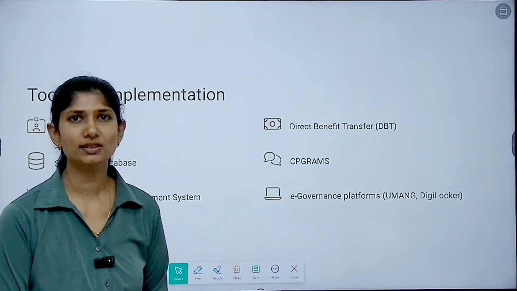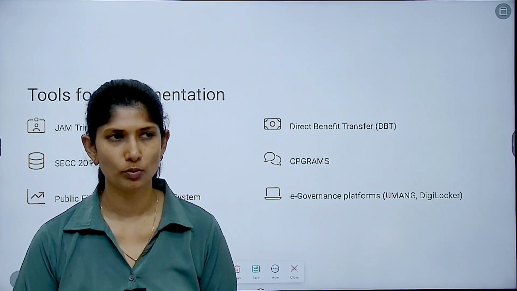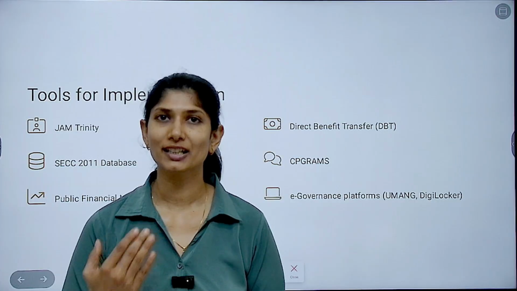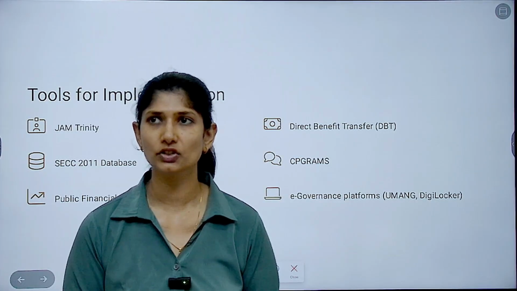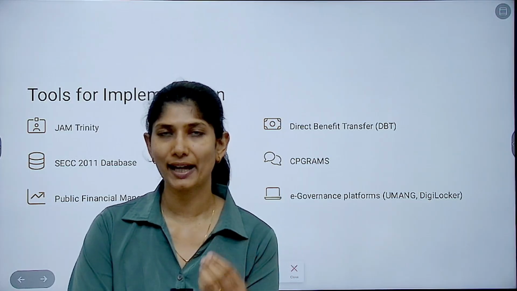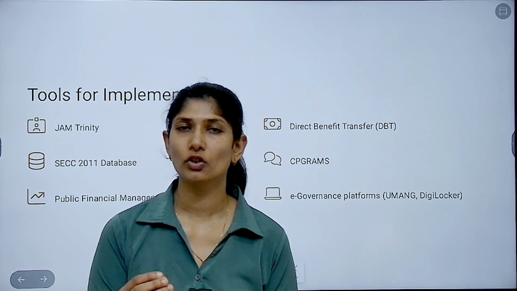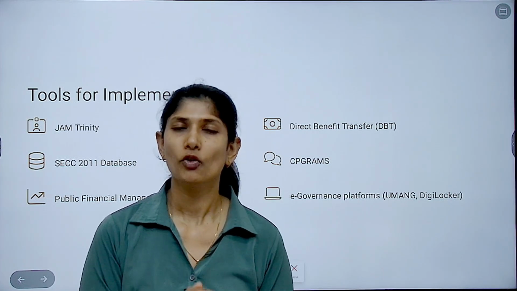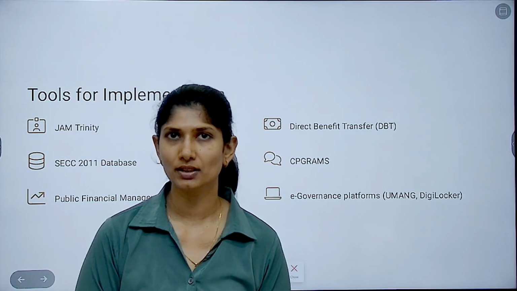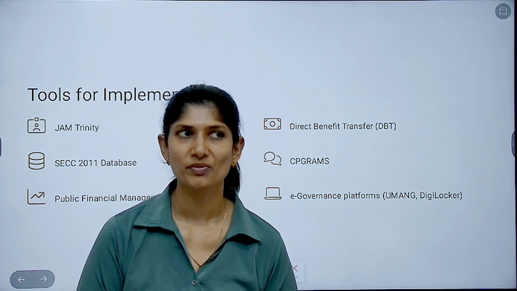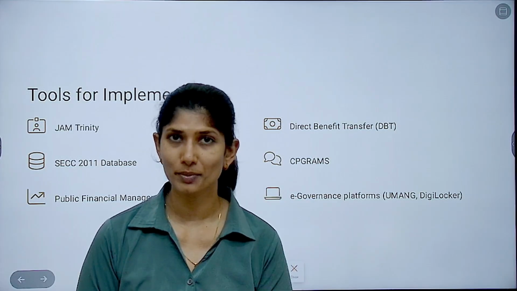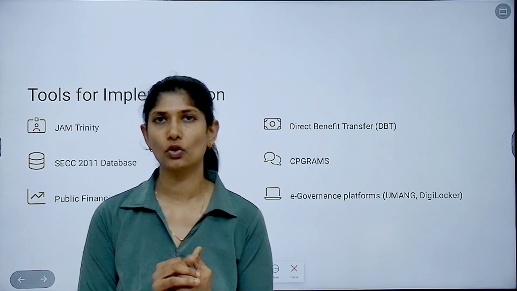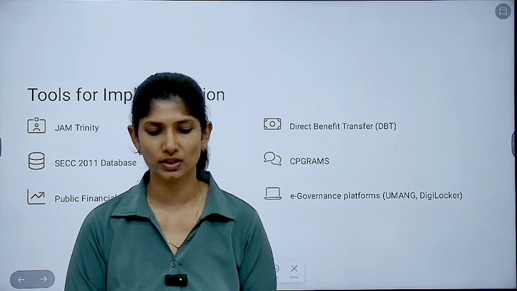So what are the tools that are used in the implementation? See, first and foremost, in order to make sure the policy is again reaching, the need is being addressed, first thing you have to do is plug the gaps. Now you have to make sure the loopholes, that is when we say the leaks, are to be plugged in. For that, you will use tools such as your Jandhan, Aadhaar, mobile seeding. You will also bring in things such as your DBT, direct benefit transfer.